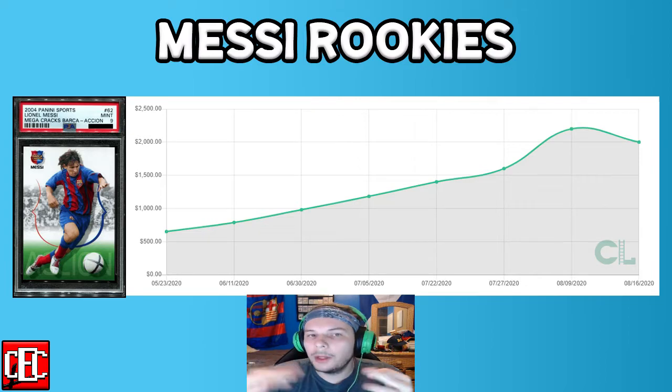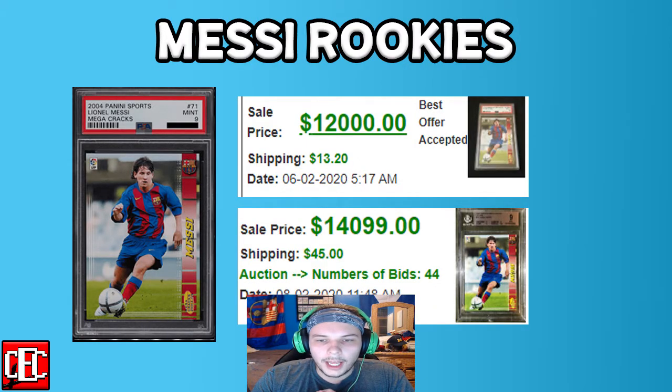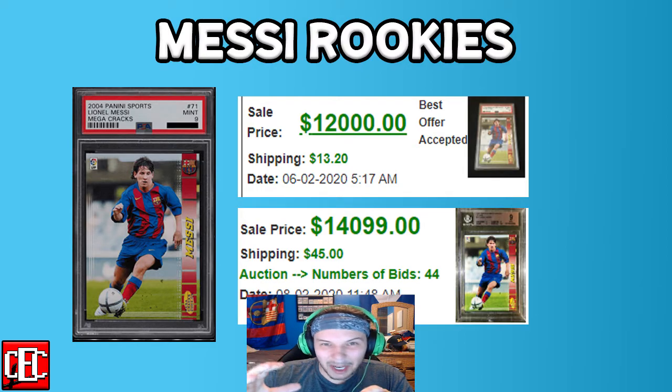And then finally, the cream of the crop, Mega Crack rookie that we were looking at. This one is harder to comp because there are less of them, especially in good grades. But a PSA 9 in early June was 12,000, and a BGS 9 in basically current times is 14,000. So obviously that's a downgrade of PSA to BGS, but still it's only a $2,000 increase. So even if we assume that the PSA one's worth $5 to $6 grand more because it's PSA 9 instead of a BGS 9, this thing still is not even doubled, might be a little under, but it's interesting to